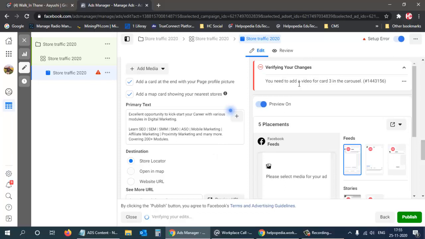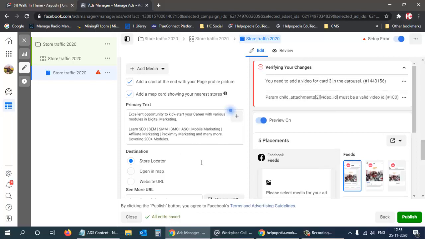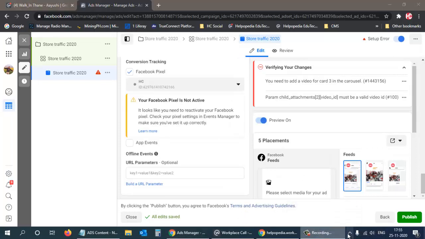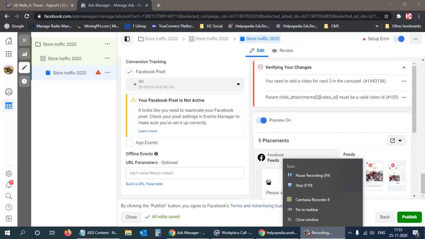You need to add a video for card 3 in carousel. Okay, so we need to add video for card 3. Okay, no problem, but let me see why the system is running too slow.